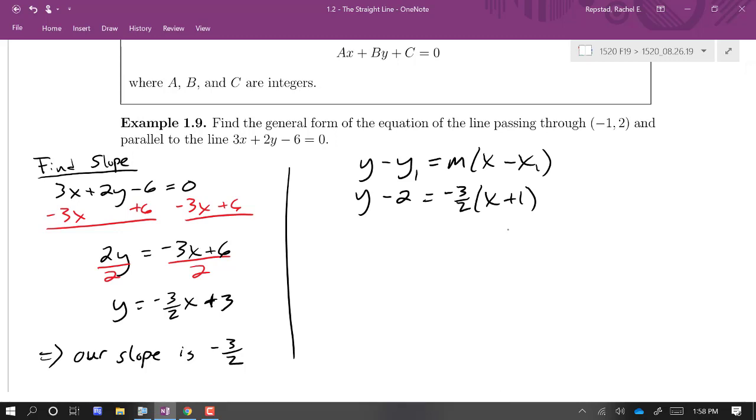Now with general form, we want to clear fractions. We don't want any fractions in there. So I usually take care of that first if I have fractions. And that's simple to do here. If I simply multiply through both sides by 2, there's only one fraction to worry about, so it's easy for me to tell here. I'm just going to multiply both sides by 2 and get rid of the fractions, and then